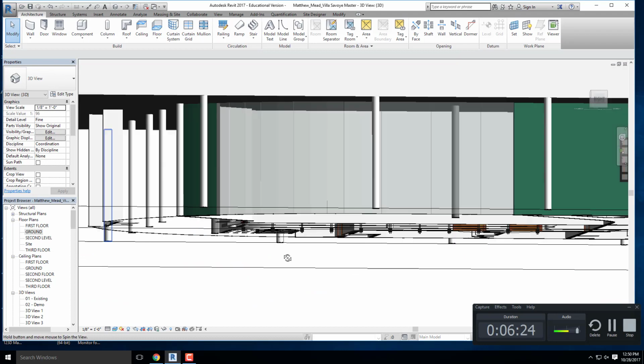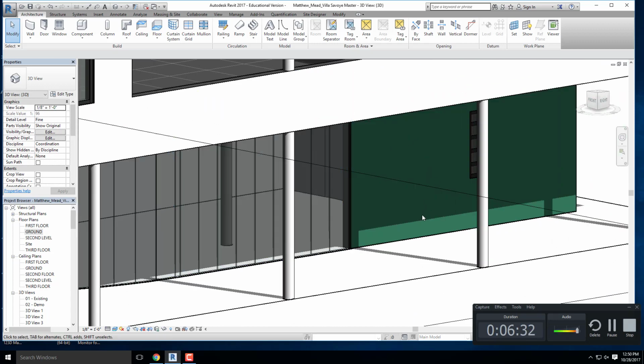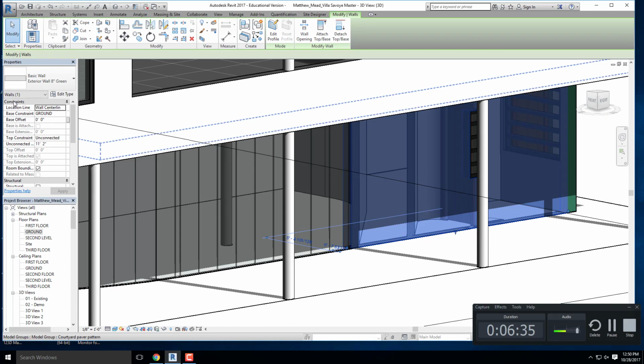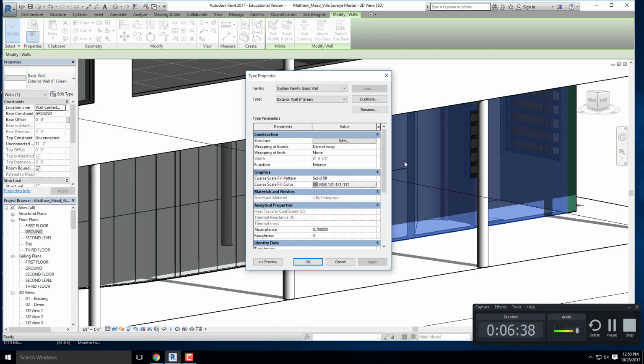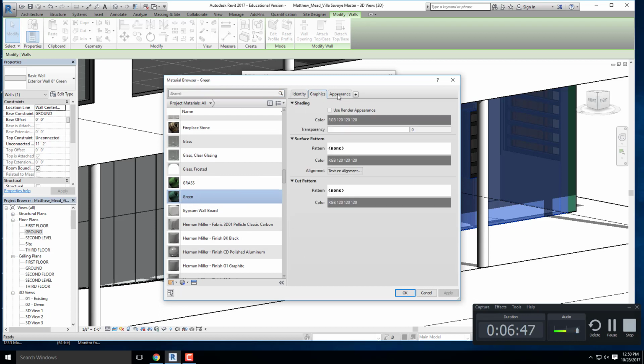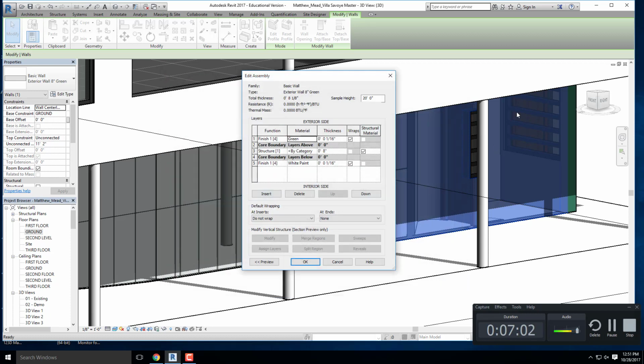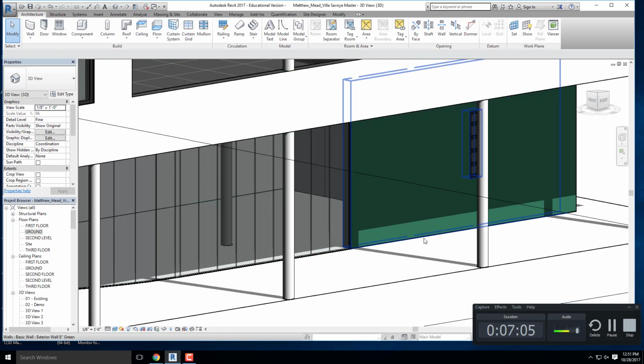Okay, and we're almost there. So right now the only difference is that all of our panels are just glass. I want it to match what I have here. So on this wall, basic wall, exterior 8-inch green, I created a material, I just called it green. If we look at the material, you can see that it's just a generic material that I assigned this kind of turquoisey color to match what's actually there, or it's probably some slight variation of that. So I created that material and I called it green. I used that for the wall, and I'm also going to use the same thing for this panel